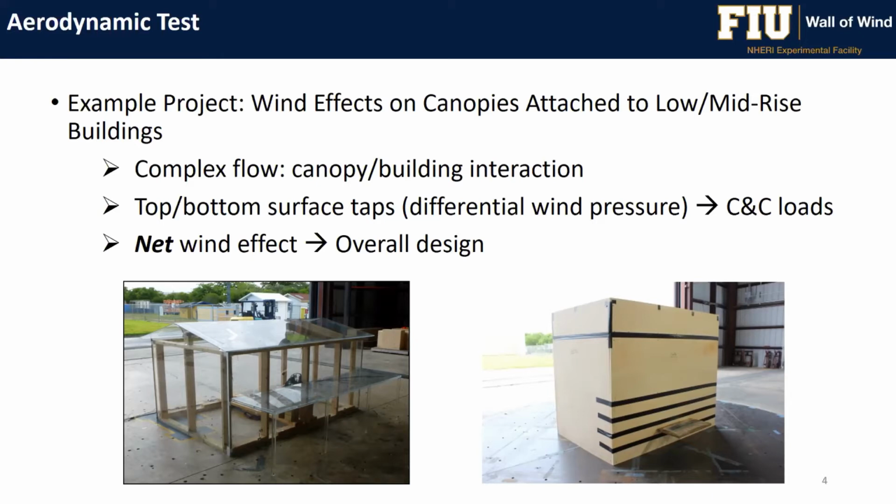What you see here on the left is the typical low-rise building with a gable roof, and attached to that building is a canopy or a patio cover or an awning, depending on which part you're coming from. You might use different definitions. The purpose of this study was to come up with design guidelines. There was nothing included in the ASCE 7, and we did a very detailed study in collaboration with Concordia University